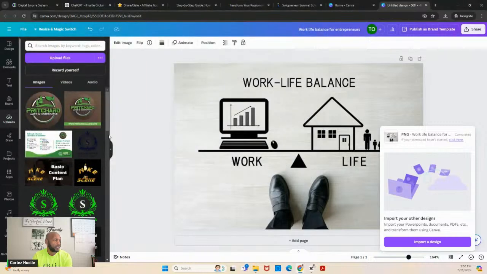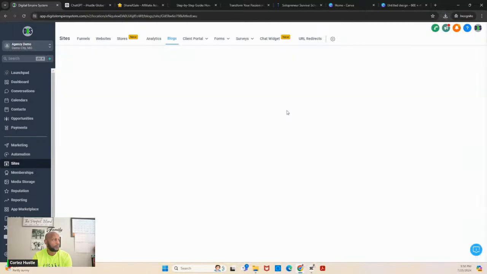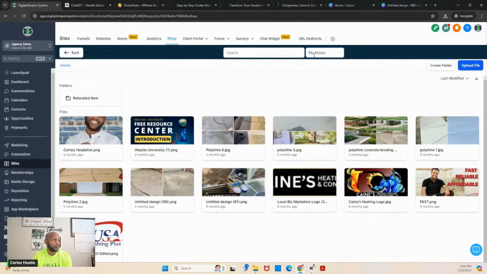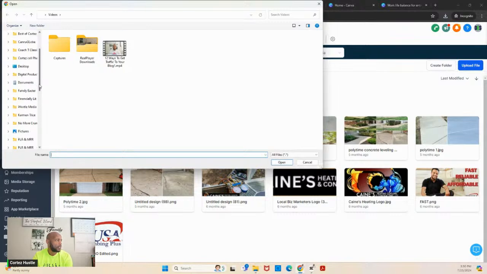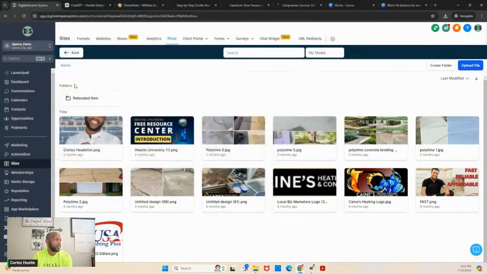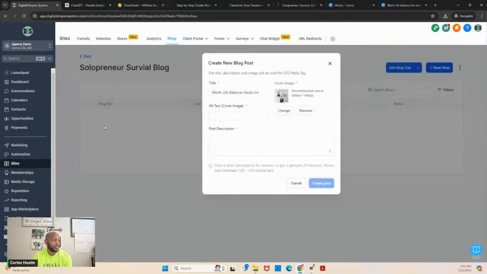And I'm going to hit save because it's trying to save the picture. Now we go back to our blog article, and then I hit change. Go into my folder. I'm going to upload my media. And I need to go to my downloads, and that picture should be there. Double click on it to get it in my media library. Double click again to get it in the actual photo. And then I'm going to say